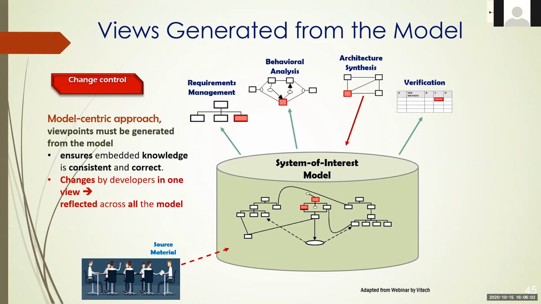So that's the real advantage of having this model-centric approach, that you have only one view of the truth and that you can identify the interactions between the views and you can use it for doing the impact analysis when you are reviewing a request for change. And don't forget that the other big advantage is that whatever documentation you want to get, whatever view you want to get, you pull it from the model. Okay, so that's very, very important to keep it consistent.